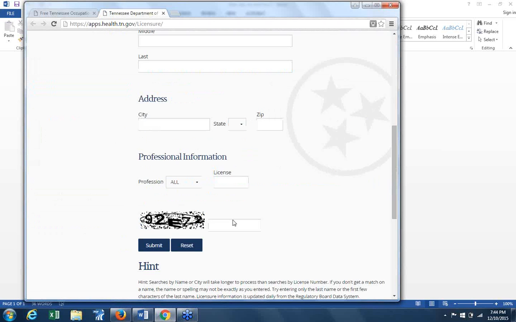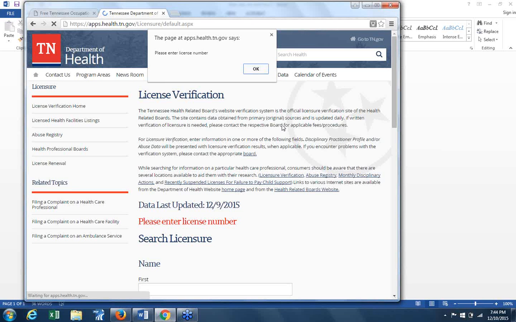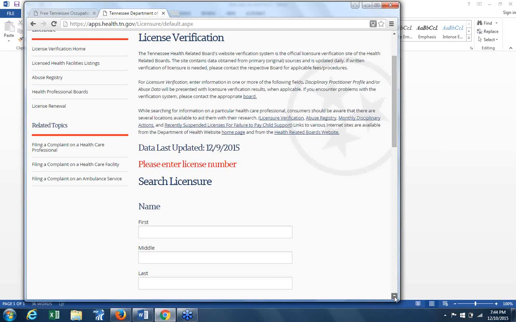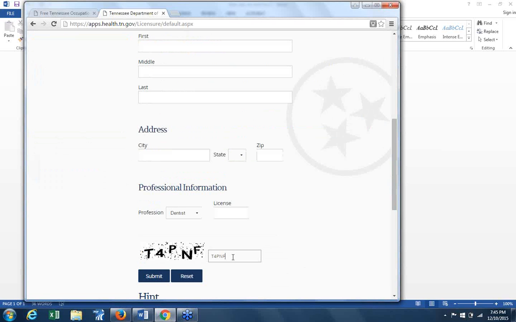And then I've got to get this code in here, and hopefully I do it right. Sometimes I can't see clearly. Let's give it a second. Oh, please enter a license number. That wasn't good. Oh, we got to hit OK. There we go. Oh, it didn't like my... Let's see if that was it.